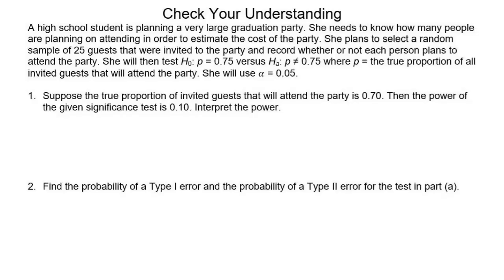What does it mean right here? What's that 0.70 mean? What is the Ha in this case? Like, I know it's 0.70, but what do we mean? We're saying that that's actually the true proportion. So if the true proportion of invited guests that are going to attend is actually 0.70,